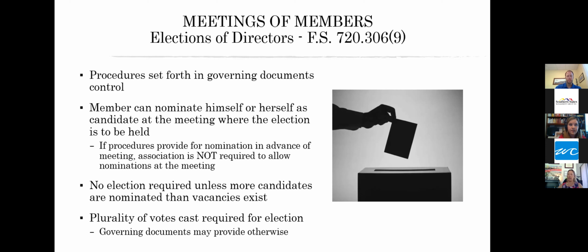So again, if the exact facts and circumstances permit, meaning that we've got an equal number or fewer candidates than our vacancies, then notwithstanding that we don't reach that quorum, those candidates are going to immediately start service at that annual meeting that is not actually held.